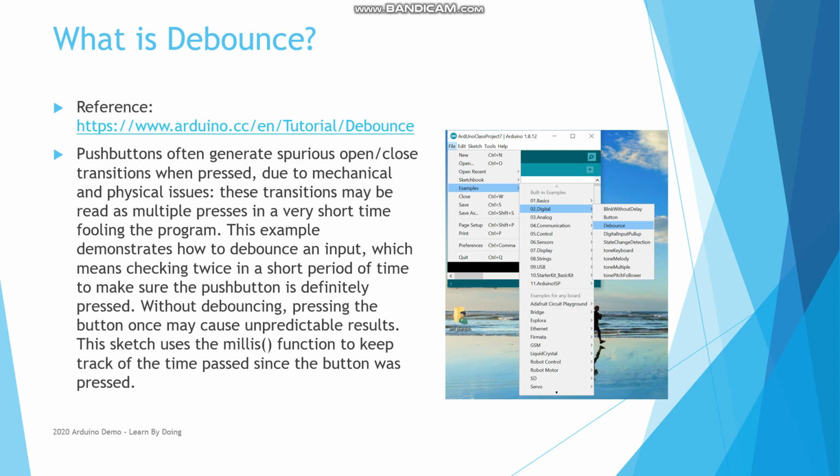So continuing with the push button example, now I'm going to implement the debounce function. You can find the reference code in the Arduino IDE under File, Examples, Digital and Debounce. On the Arduino's website under Tutorial, there is some explanation given about the debounce of push buttons, which explains as